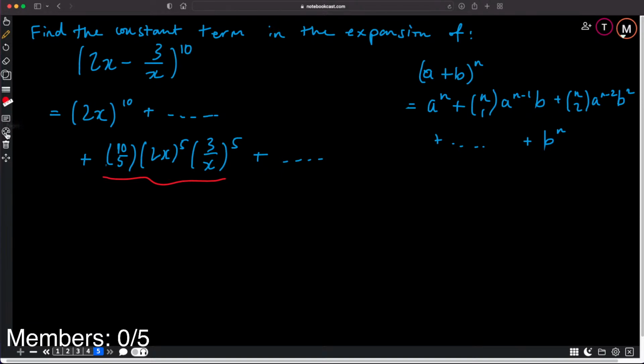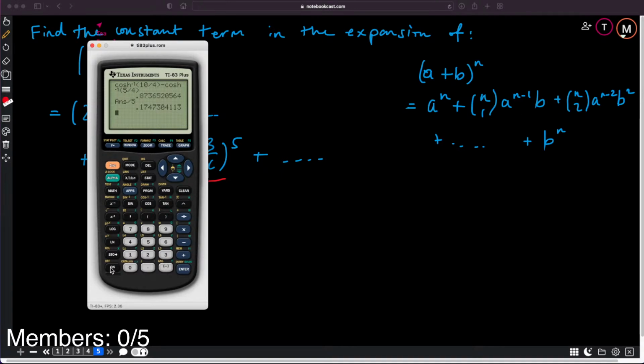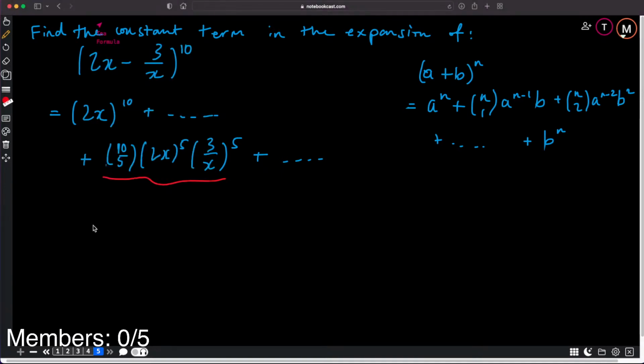So let's focus on this one. 10 choose 5, I don't know. I gotcha. 10 choose 5. 252. Alright. So we're going to take this expression, pull it out. 252. Is that what you said? 252, yeah. It's going to be 252 times